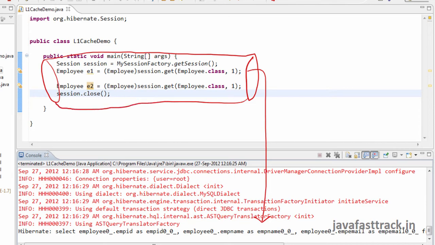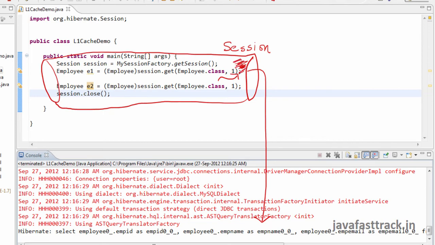This is a single session. Second time the call doesn't go to the database, the data is just picked from the session, from within the session itself.